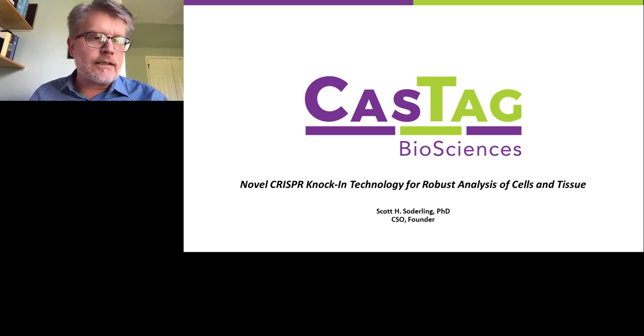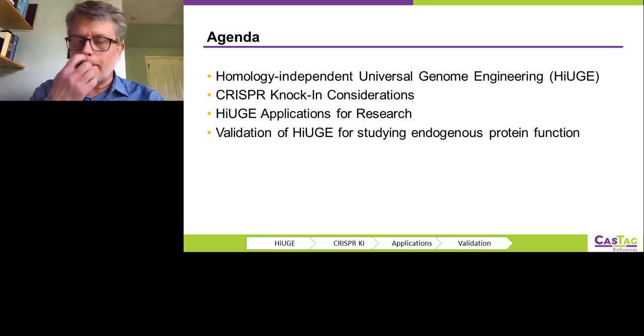So today, to cover this new technology, I'm going to go through several different considerations in this slide deck. So first, I'm going to tell you about this new CRISPR-Cas9 based approach called homology-independent universal genome engineering, also abbreviated as HiUGE. So I'll just refer to that as HiUGE throughout the rest of the talk, but that's what it stands for. So I'll tell you a little bit about how this new technology works and some of its advantages